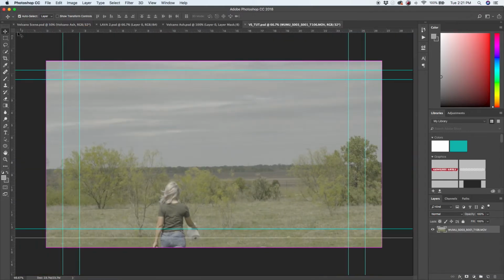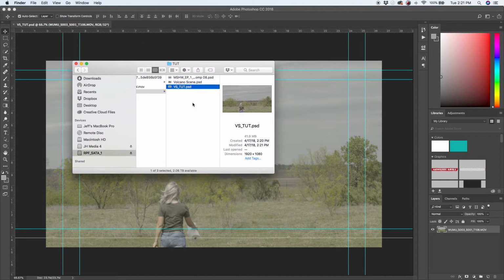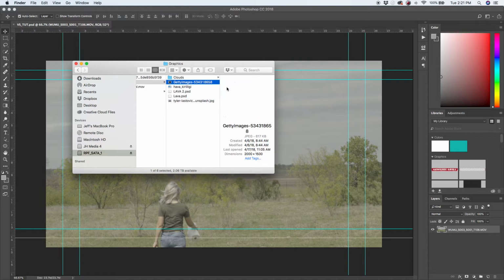Let's subtract here. I'm going to delete these just because we're going to do this from scratch together. To get my volcano, if I can pull up my Finder window again, under graphics I have a few images of volcanoes, and a good resource for this is a website called